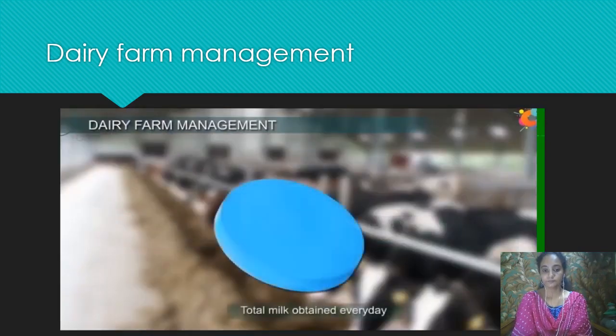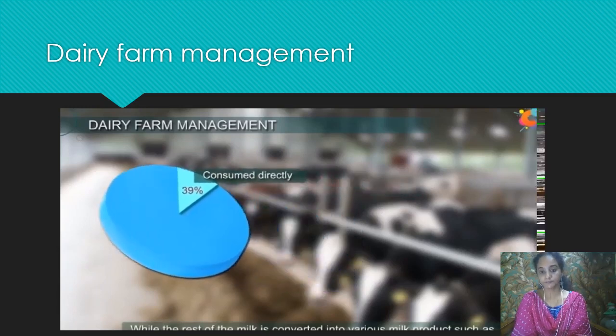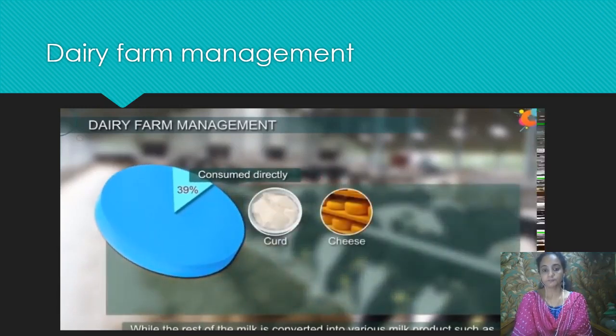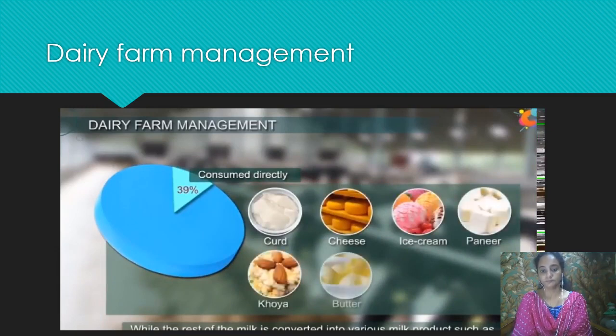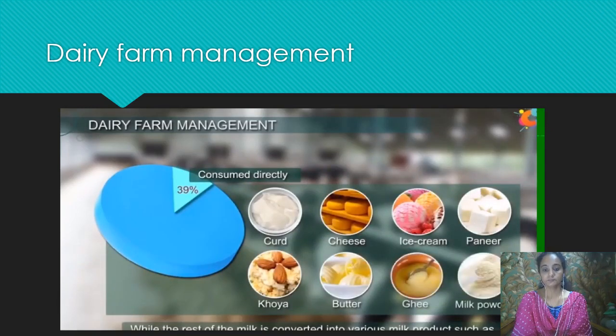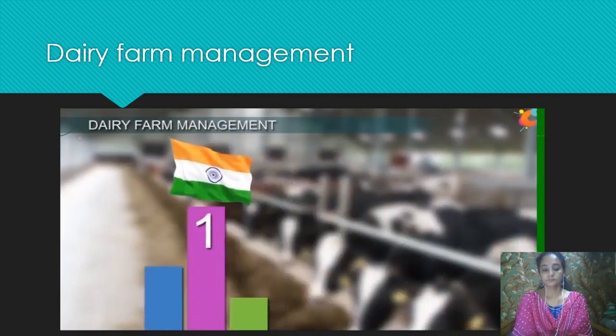Out of the total milk obtained every day, only 39% is consumed directly, while the rest of the milk is generally converted into various milk products such as curd, cheese, ice cream, cottage cheese or paneer, koya, butter, ghee, milk powder, etc. India ranks first in world milk production. Our per capita